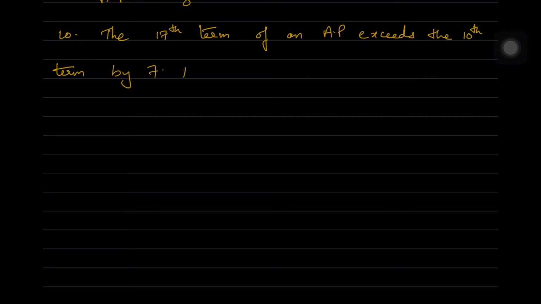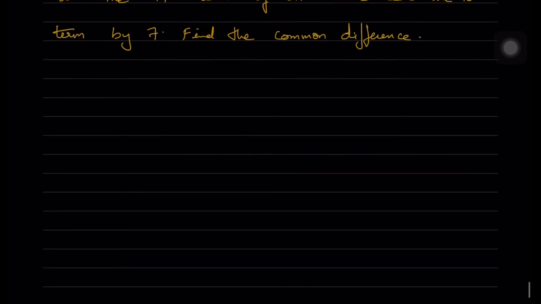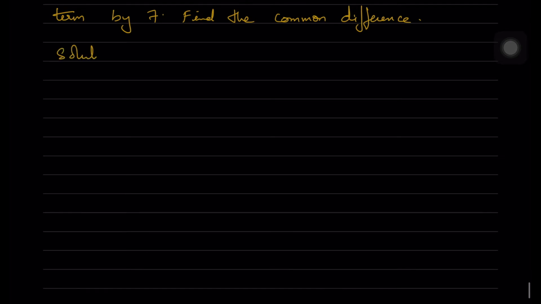term, the 17th term of an AP exceeds the 10th term by 7. Find the common difference. So solution is here. We have what is given here,